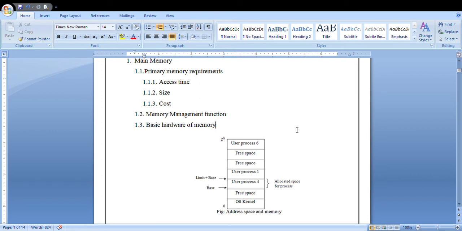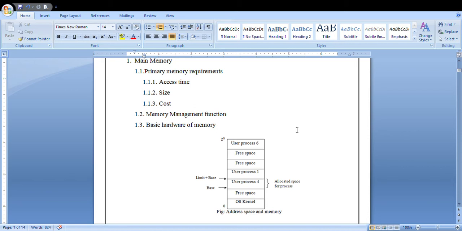The main thing is, the base register will be loaded with the physical address where its program begins in the memory location. And what about the limit register? The limit register consists of the length of that program, how much space is required from the base to the limit for that process. That is about your base and limit register.